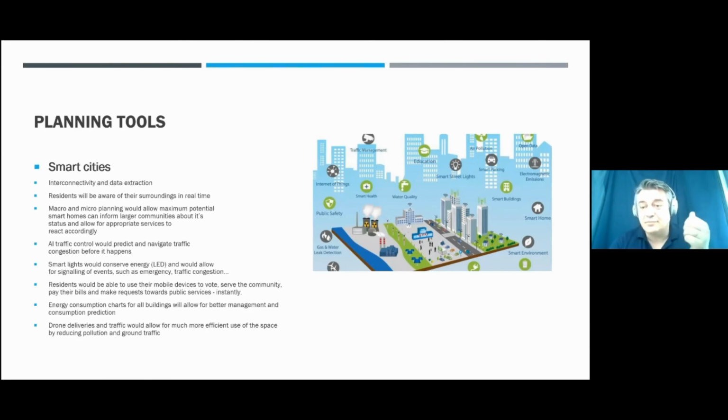Meaning that when you order something from, I don't know, Coles, which is not even in your area, the Coles truck can easily stop before North Arm Cove, unload all the packages, hook them up to the drones, and the drones will deliver that into your backyard, which will then reduce every single aspect of the negative environmental impacts that we have at the moment. So these are the things that the future will bring us, and it's bringing us at the moment.